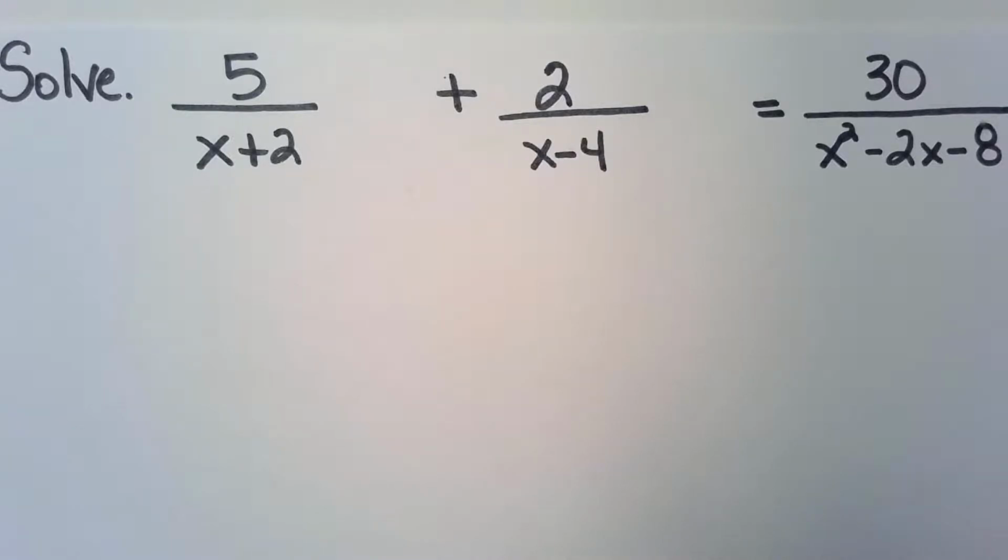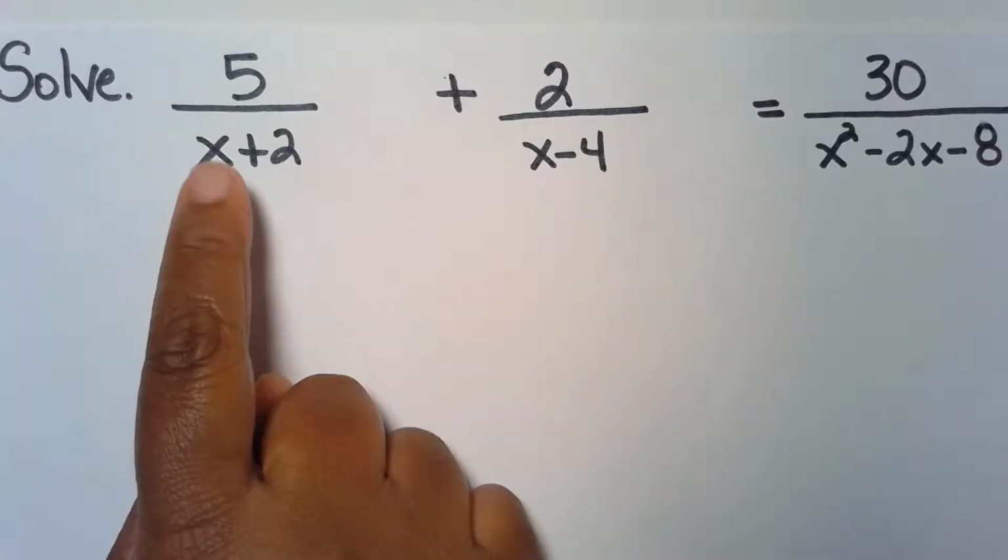All right, let's solve. We have 5 over x plus 2 plus 2 all over x minus 4 equals 30 all over x squared minus 2x minus 8. So we have a rational equation. A rational equation is where you have a quotient of two polynomials. Polynomials meaning we have more than one term in the numerator and/or denominator, but we have a variable x